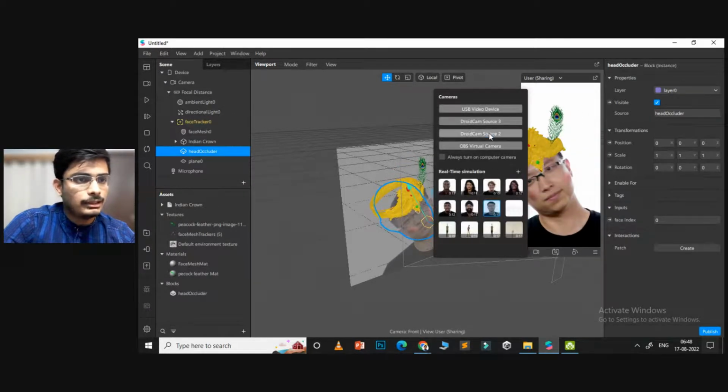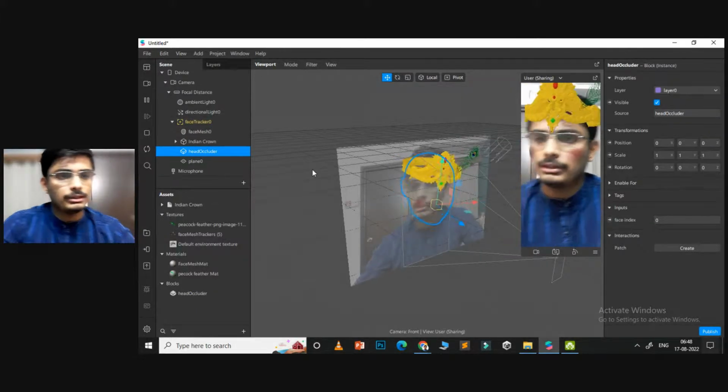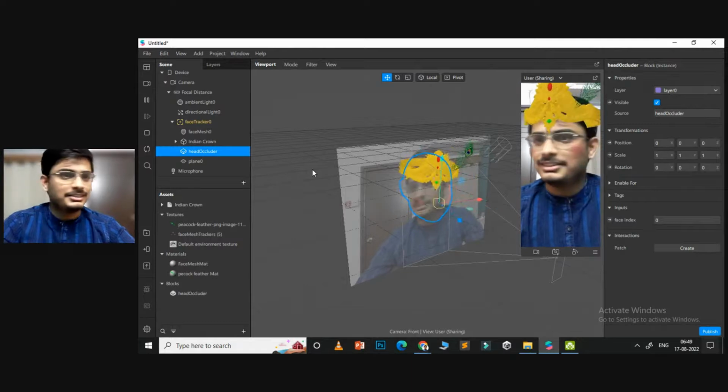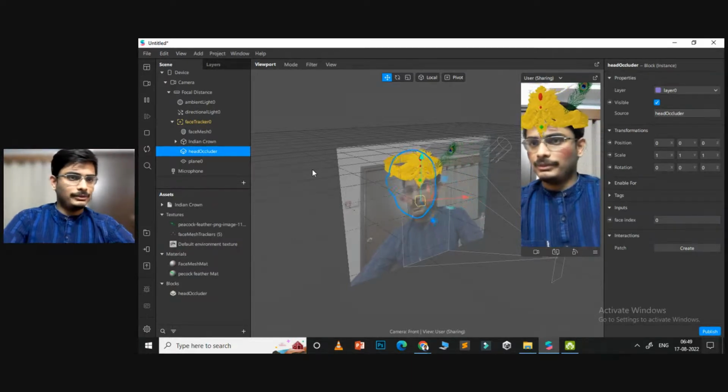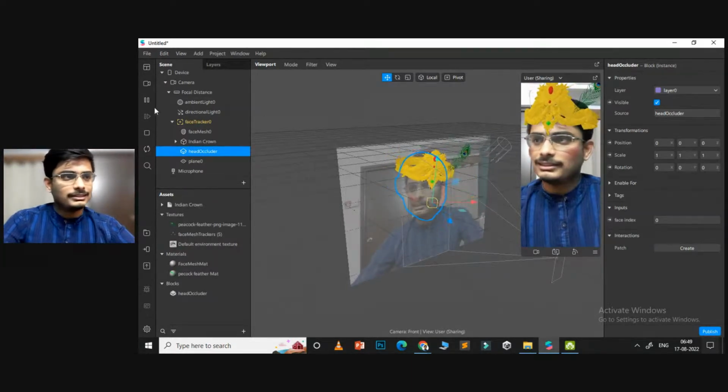I'll also play it around with the camera on so that you can see how it looks. We'll use the play button now. Great. So you can see the crown coming up with the feather also,